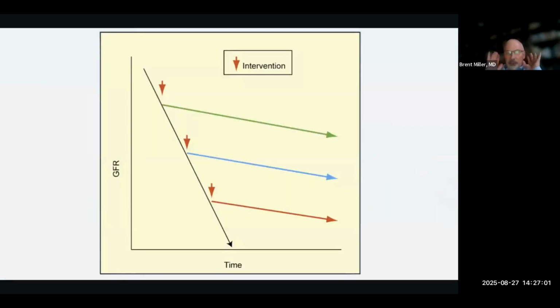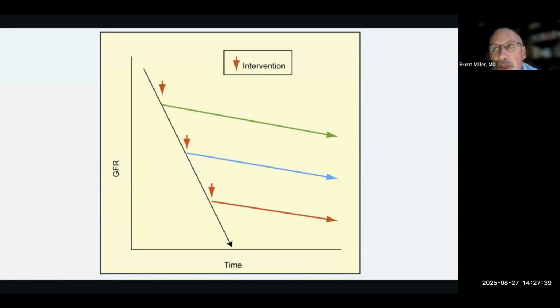And then this is kind of what I want to leave you with. I try to draw these for my patients the best I can. You have to be confident in yourself because you can be wrong. If I say you have IgA nephropathy, and the average person with IgA nephropathy that has proteinuria and high blood pressure loses GFR at 5.2 milliliters per minute per year, that's an average. It might be wrong, but it's important to draw that out so that people can understand what we're doing. And then the important part is, let's intervene. Let's change the slope of that curve to the green, blue, or red.